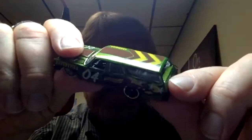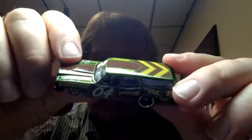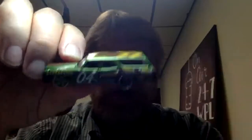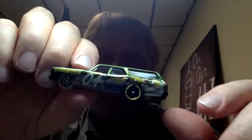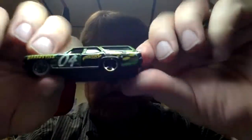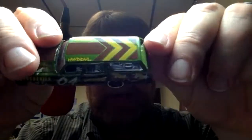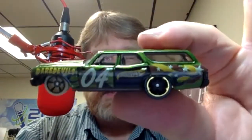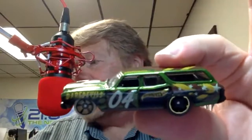These have a lot of details nowadays, which is kind of cool, and the decals on it are pretty cool. Our 1970 Chevy wagon was not this cool, but it is pretty cool that you can kind of see. Let's see if I can get that in the right light again there. But you can kind of see what's in that back window there and the stuff. So that's kind of cool. So I'm going to go ahead and pop that light back up because it's just arguing with the camera so much. Anyway, we've got the brand new 1970 opened out of the box Chevelle SS wagon, and we've got the